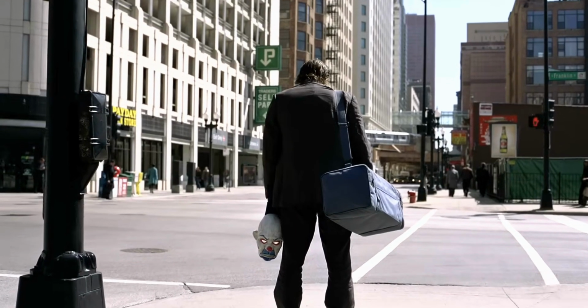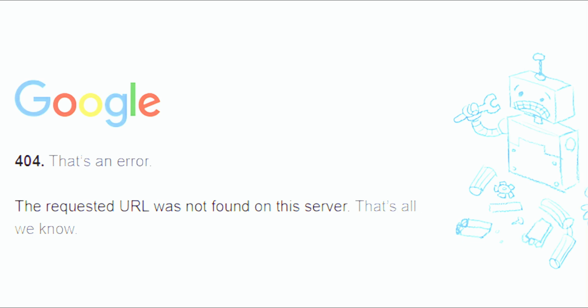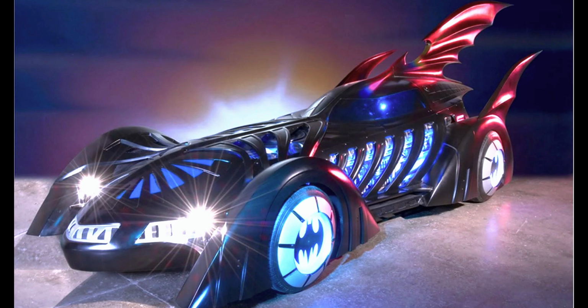Now, it would be a crime to make this video without mentioning the Batmobile from the animated series. Unfortunately, there's literally no information on what it was based on or what engine it would have, so put me in jail. Batman Forever saw the Burton Batmobile get a flashy upgrade with a bunch of lights, and at this